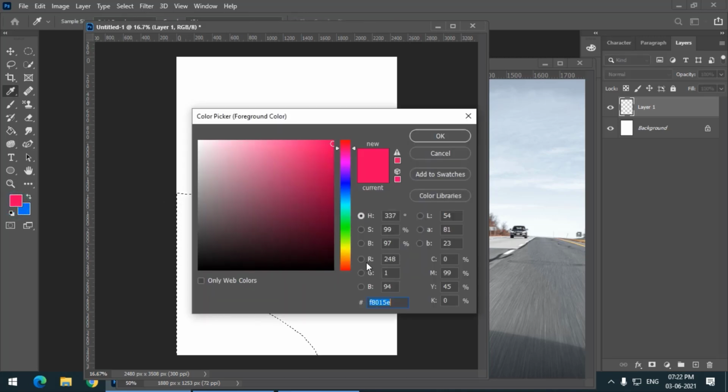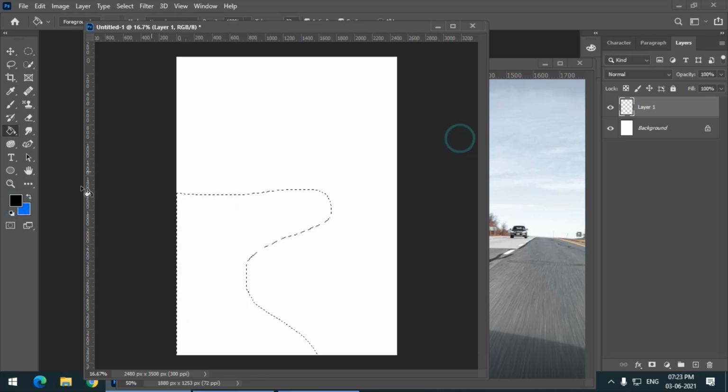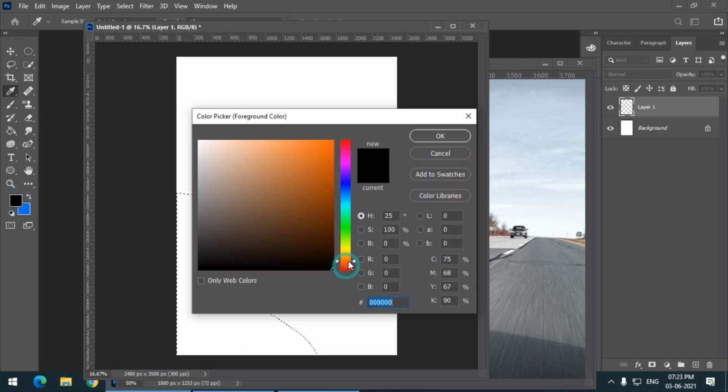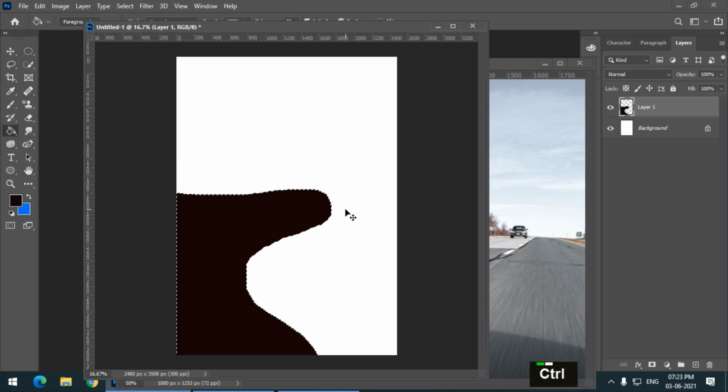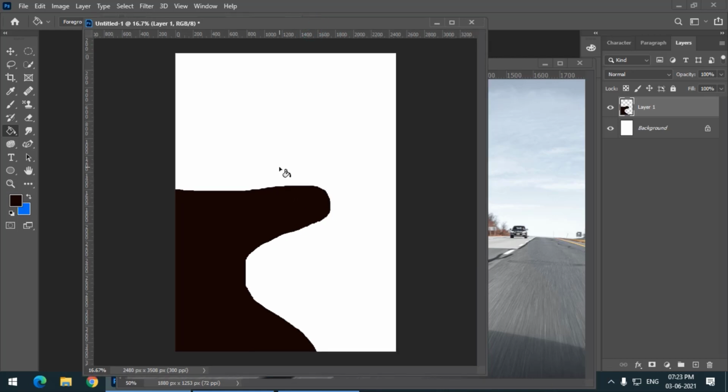I will use the paint bucket tool for this. I will fill it with, let's say, black color, or maybe a very dark brown color, almost black. So this is a part of the hill and we want to place our wolf over here. So this is the mountain.